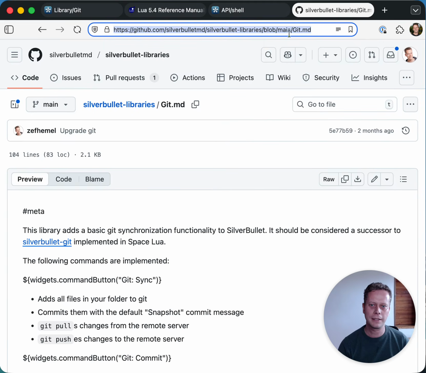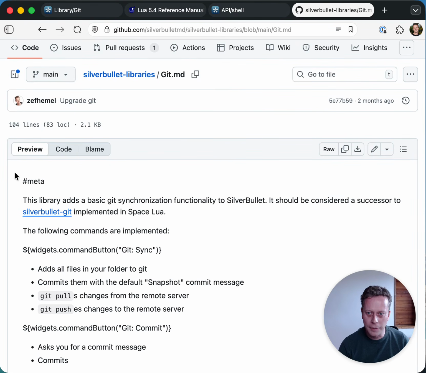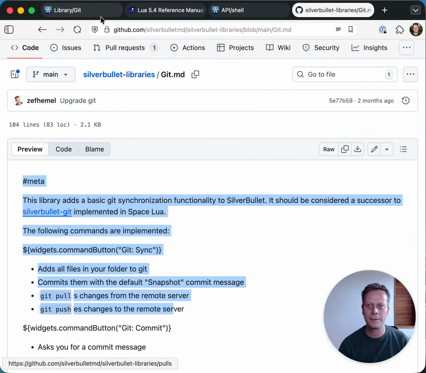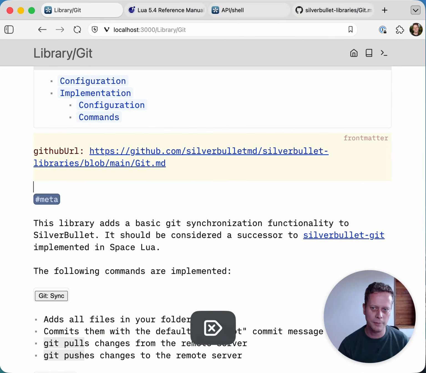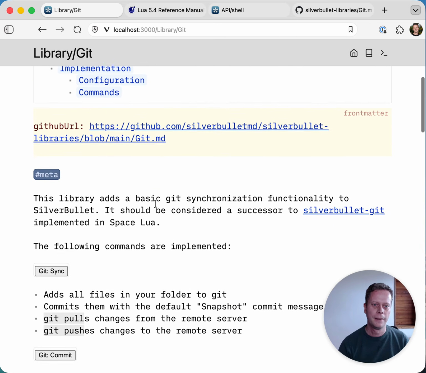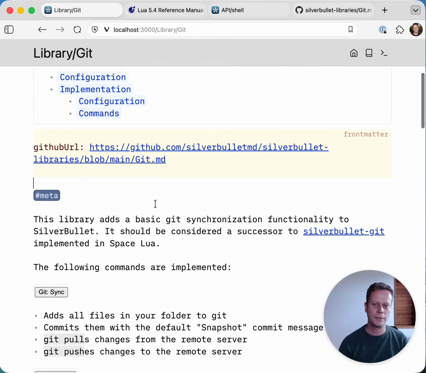So this is basically the same as copy and pasting this thing, except that it now actually tracks where it came from, which may be useful in the future if we want to implement auto updates and things like that. And this is the full implementation of the git